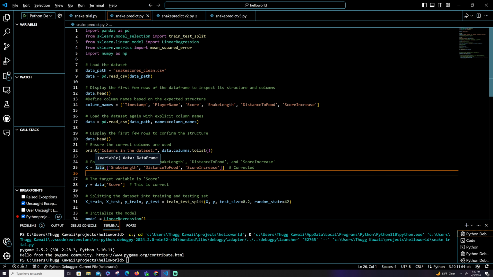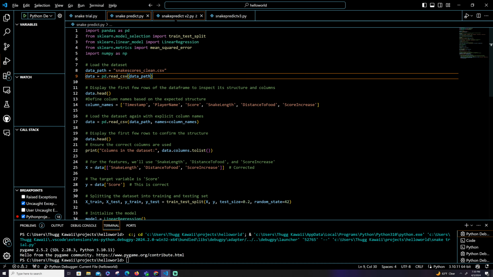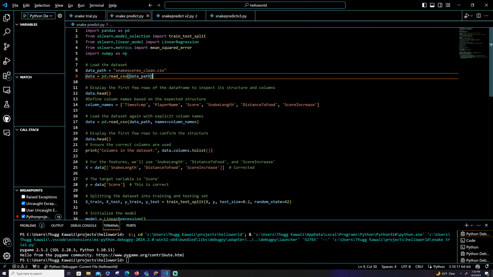Before, I thought I could just start with grabbing the data directly from the CSV file, the ones that I wanted. And I found out that for all of these different versions of prediction, I actually had to clean things, because I'm not sure how to explicitly change the CSV file so that the headers have names while I'm coding it in the Python game. So I was kind of confused, and I had to clean it up.